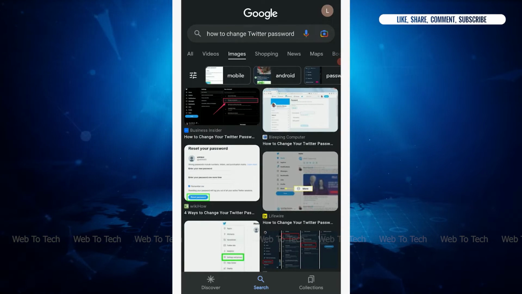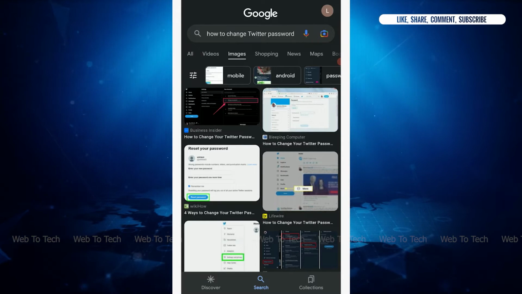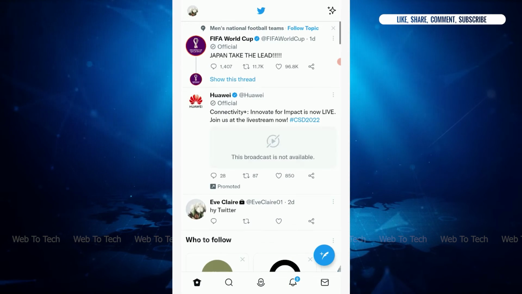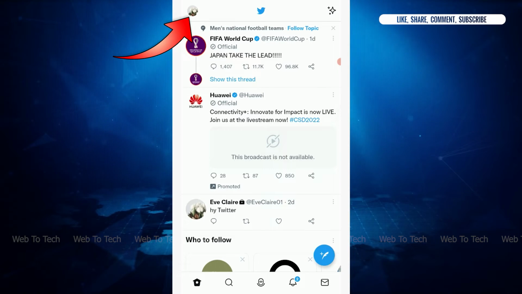Today for this video of WebToTech, I will be showing you how to change Twitter password. So for that, open the Twitter account on your mobile device, that is the Twitter application. Once you are logged in into the account, you need to tap on the profile icon on the top left,